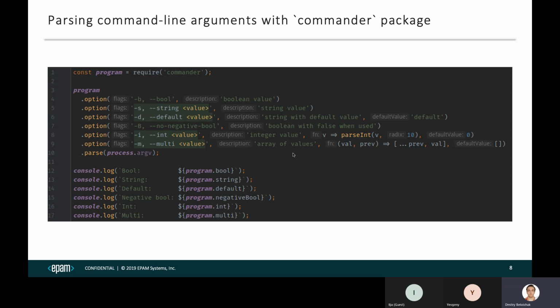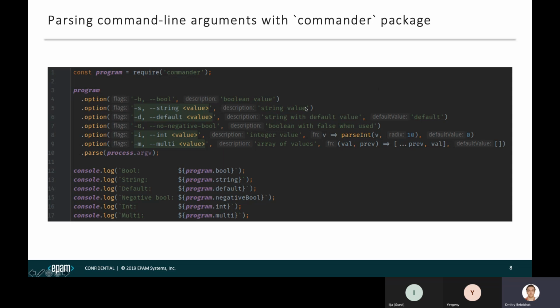All those CLI tools have well-known commands, for example help, and all those shortcuts, that instead of writing --help, you can write just -h to do the same. So Commander allows you to declaratively